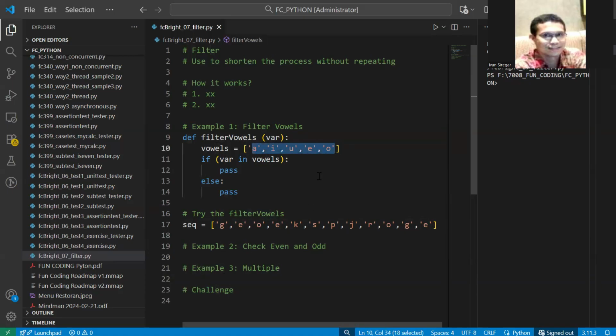So normally we will do iteration or looping using while or using for to walk through all of the members of the sequence here.